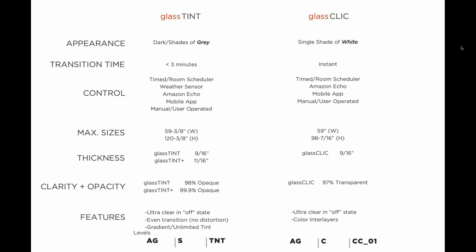Michael, if you don't mind, just want to add on that. So I think it's very important to understand. There's obviously been products out there in the market that are similar to glass click, where they turn from clear to white. But what's important to understand is this is a completely different technology than anything else on the market, and we're obviously going to be pushing that point. But it's important for you to understand this. So this technology has been about 6 years in the making, and millions and millions of dollars invested into this technology. So this is actually, as Michael mentioned, a liquid crystal technology, and that's what enables it to be